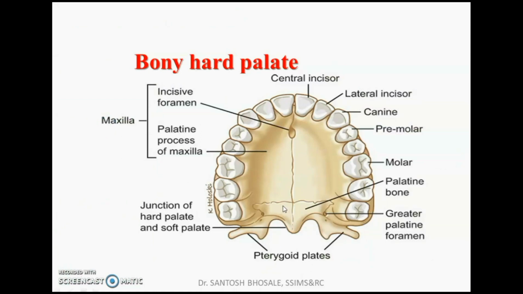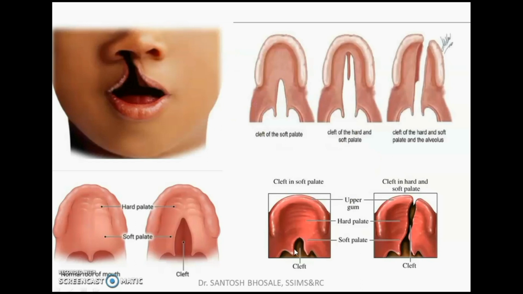And the posterior one third is formed by the horizontal process of the palatine bones. You can see there the greater palatine and lesser palatine foramina affecting that part of the palate, and these will ossify in membrane and form the hard palate. So the remaining part behind the hard palate remains unossified, and that forms the soft palate. So the hard palate is formed by the ossification of all these processes within membrane, whereas the posterior one third, which is not ossified, forms the soft palate.